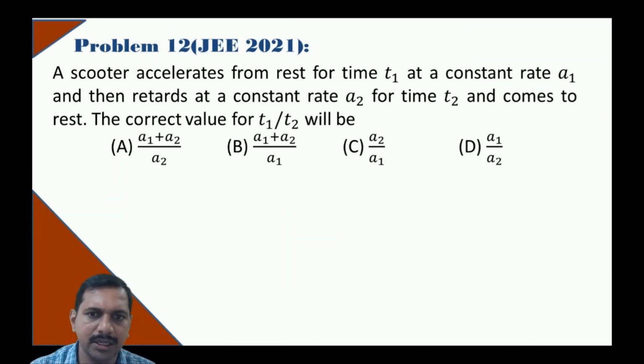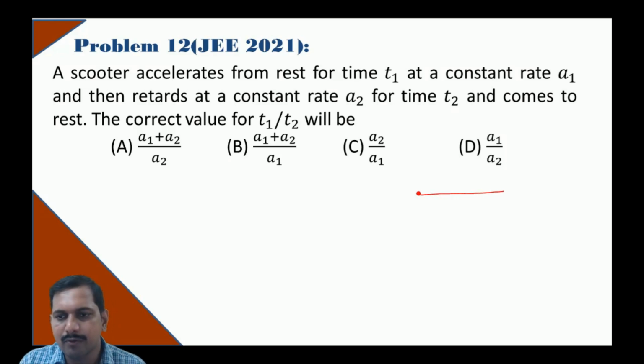A scooter accelerates from rest for time t1 at a constant rate a1 and then retards at a constant rate a2 for time t2 and then comes to rest. The correct value of t1 by t2 is. So you have a vehicle, a scooter, which is going and accelerating for time t1 at a rate of a1. We are not sure about what is the distance, right? Because the value of a1 decides the distance here, and then it retards again at a2